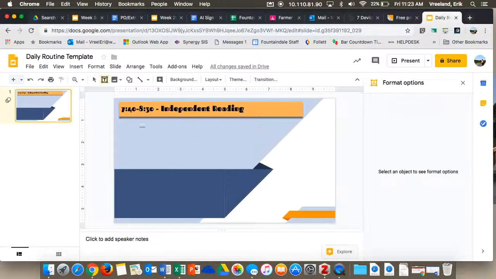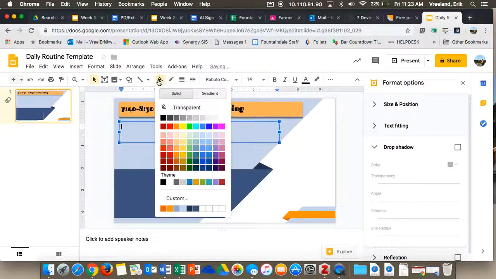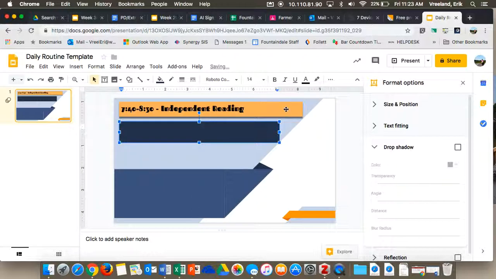So now I know I need to have someplace for my objectives, so I'm going to give another text box right below that. And again, you can make this fit however you want, but I'm going to change the color again. And you can kind of keep with the theme. These look like the ones that are already in this theme, so maybe I want to use one of these again. So maybe I'll make a dark text box here, and then I'll type in objective,